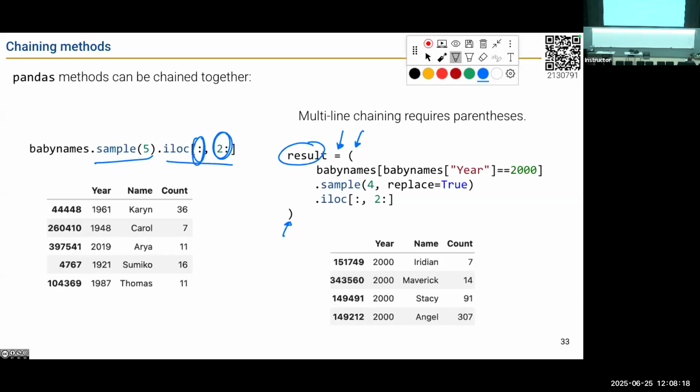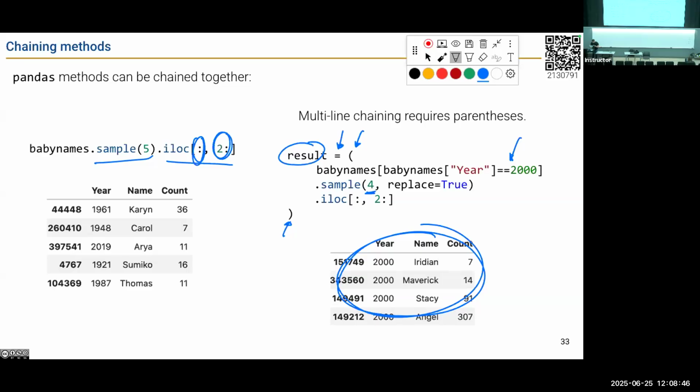When you hit the end of a line, just continue it on to the next line. So that's a very, very common notation, and you'll sometimes see 10 different operations inside of those parentheses. And it's nice because it kind of reads like a sentence. First, we're going to go grab all of the rows where the year is 2000. Then we're going to sample 4 rows with replacement, which is hard to see whether we sampled with replacement here because none of those rows are duplicates. They could have been duplicates.